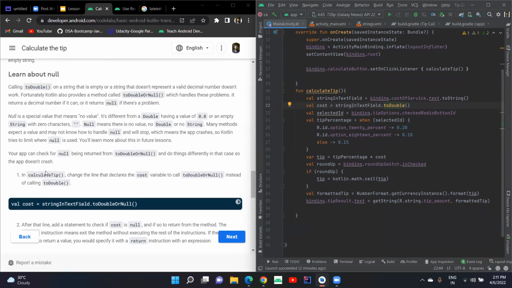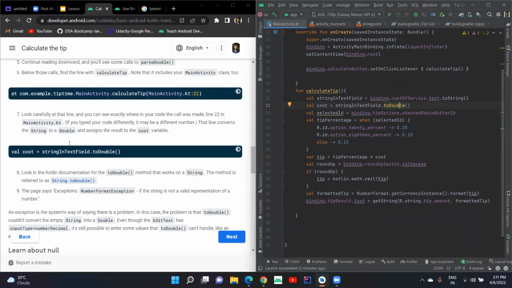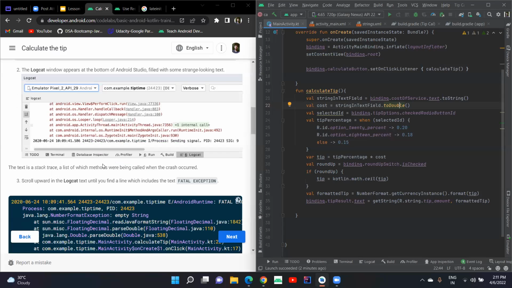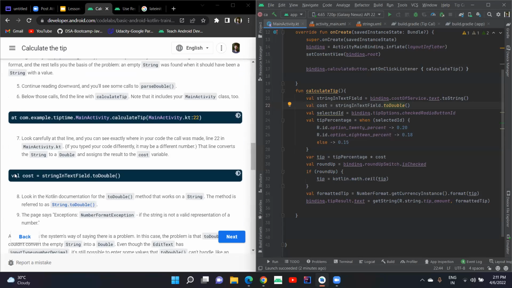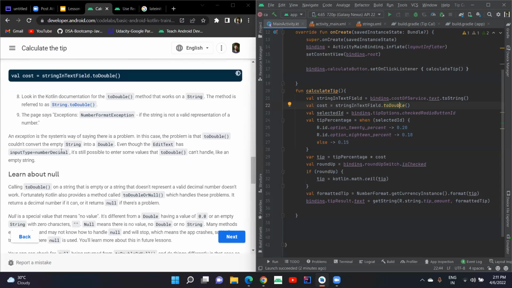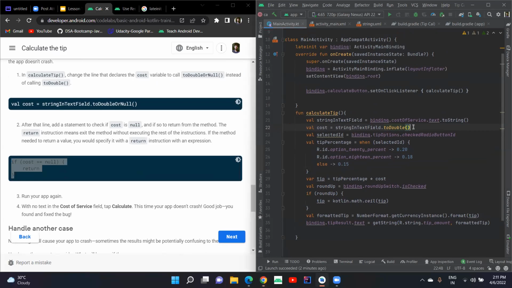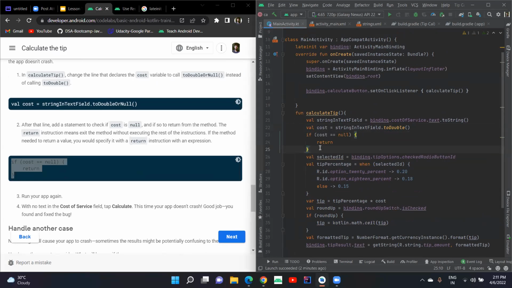Value cost, so to add that line, let us see what we can add. Value cost dot toDouble, the toDouble method. Now, if cost is equal to null, then we should return. So if I add this right where I have written cost, if the cost is equal to null, then we should not do these things, we just need to return. And if I rerun this application,